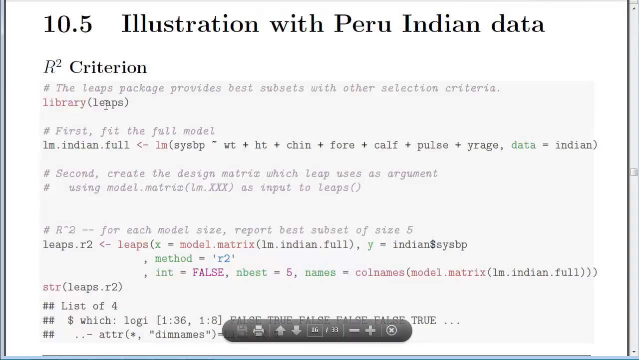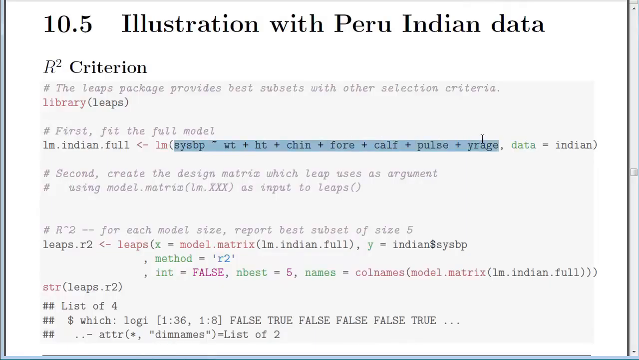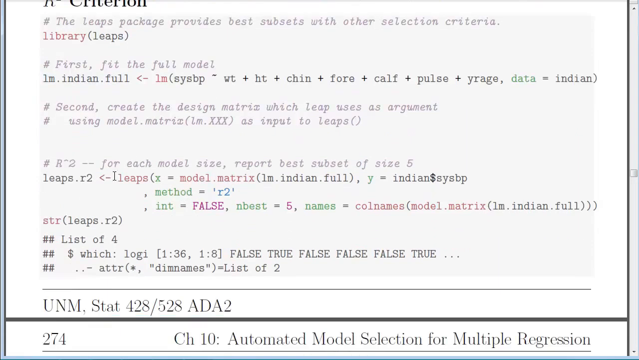So the LEAPS package is one of several packages that help with model selection. So I'm going to start with the full model here. I'm going to fit that linear model and put it into this linear model object. And then the LEAPS package, so I've already loaded the library up here, we're going to use the LEAPS function to generate the R-squared statistic for several best models. And this is going to do best subset selection, which means that,